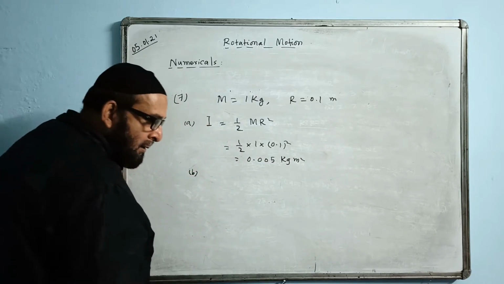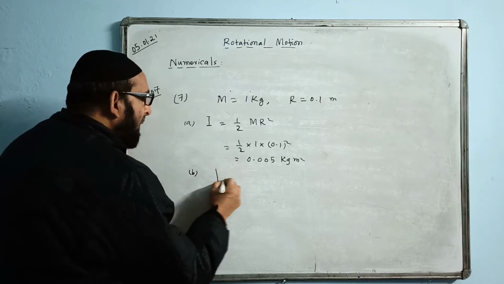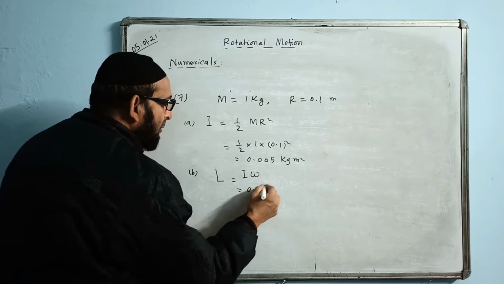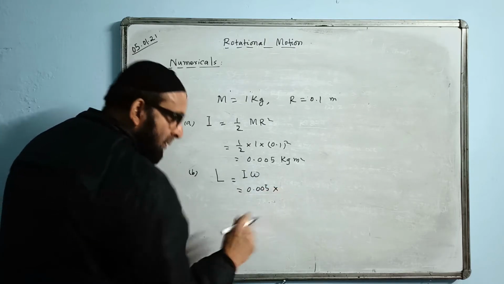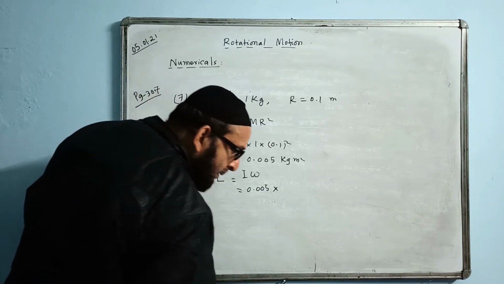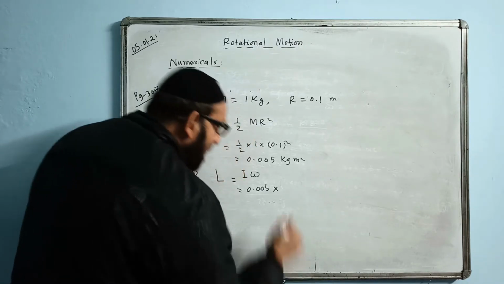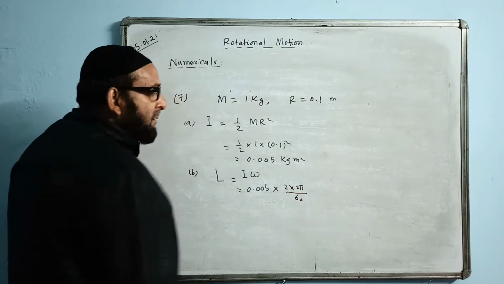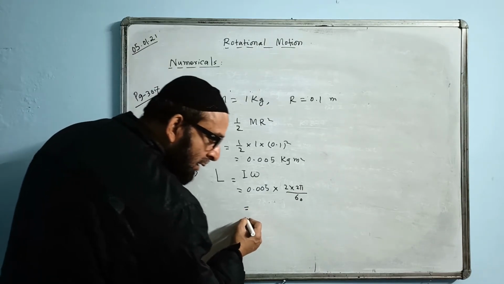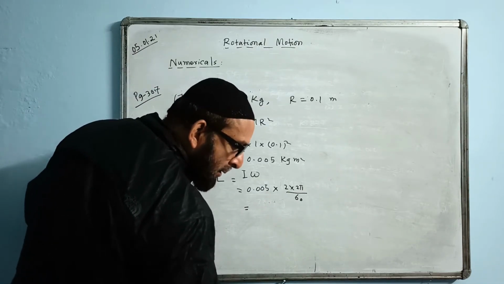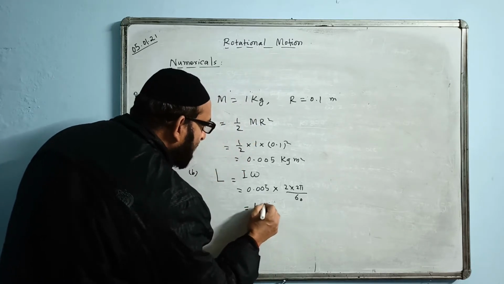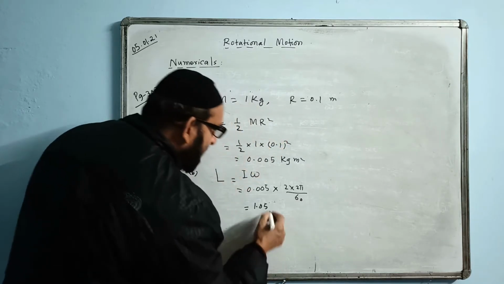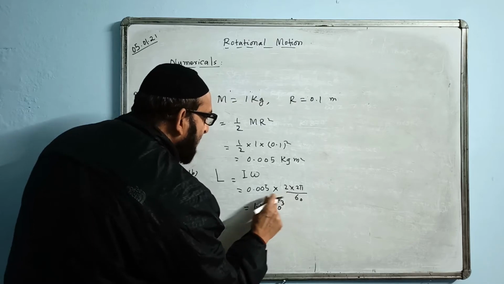Now part B. You have to find angular momentum. Angular momentum is L. Formula for L is I omega. Moment of inertia value is 0.005. What is the value of omega given? That is angular speed given, how much? 2 rpm. 2 rpm we are changing, 2 into 2 pi upon 60, changing to radian per second. And now you calculate, putting the value of pi as well, the answer will come 1.05 into 10 to the power of minus 3. In calculator you can check.